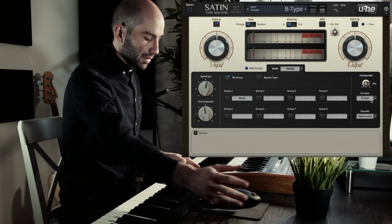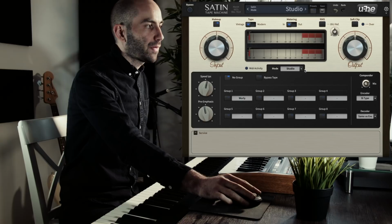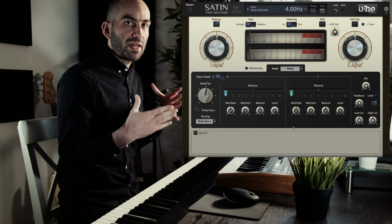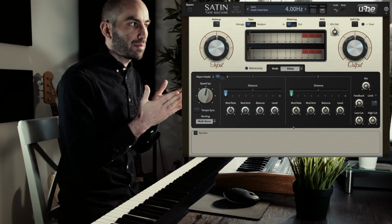You can set the mix. All right, so let's move on to the other modes. So next we have delay. So this is going to be a much more obvious effect because effectively we're turning this tape machine into a